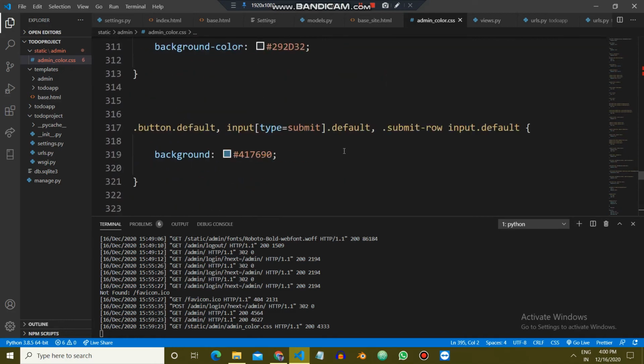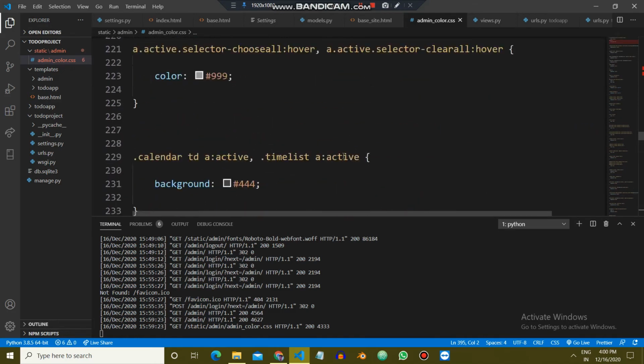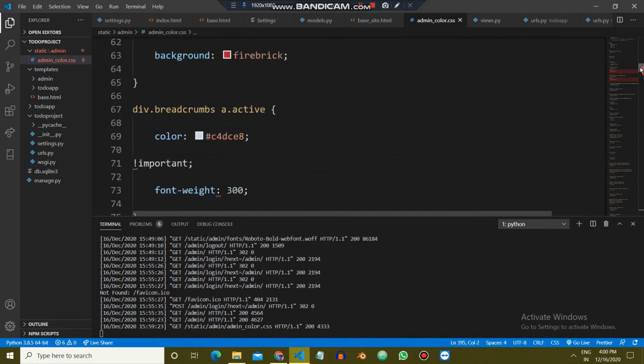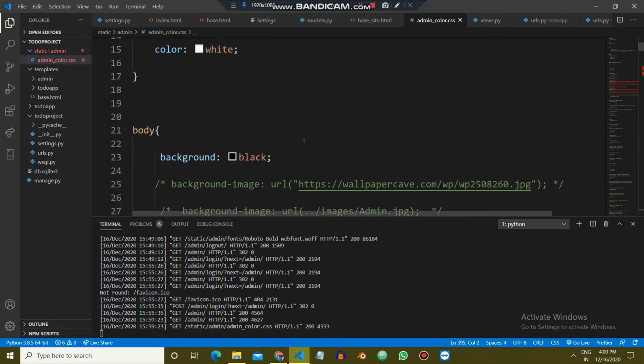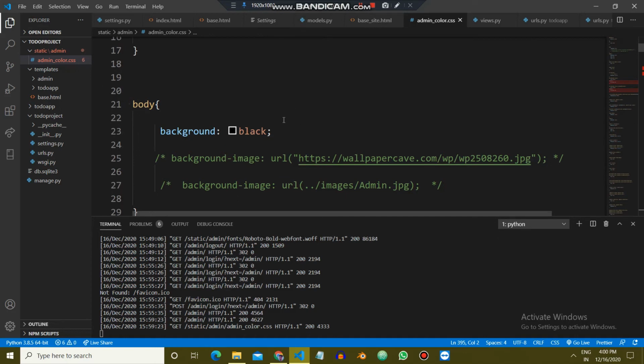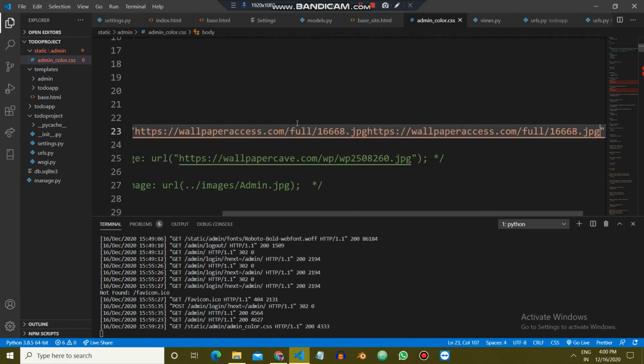So what I will do, I'll go to the body, and I'll simply get rid of this black color. I'll say url, and here I'll paste that URL. Okay, let me paste this.